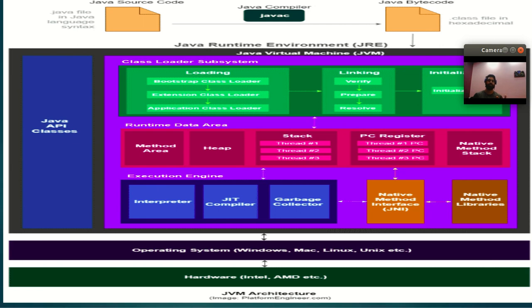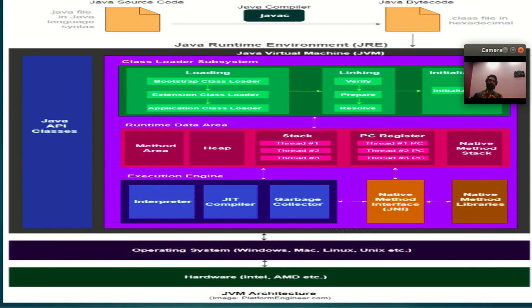So I will create a separate lecture of about 1 hour for you, in which I will explain all the flows in a very deep manner, and also the working of every component inside the JVM architecture, right? So in a brief manner, you can explain this, and guys,